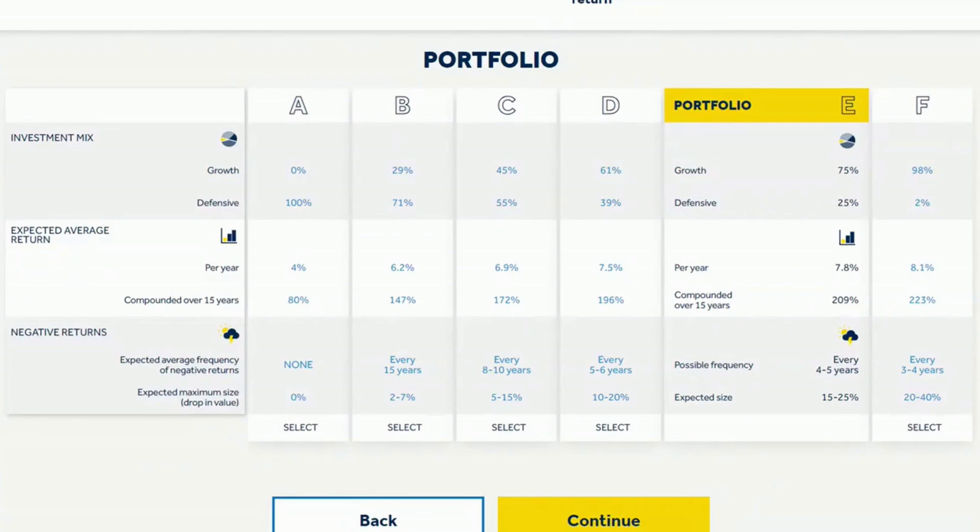Because the other thing we found is, if markets go down, people come back into us and go, oh, look, I told my advisor I didn't want to take that much risk. I don't know why they put me in this portfolio, and they put a complaint in. I mean, it's obvious why they're complaining, because they're not happy that the market's gone down. But the other reason we think it happens is because people haven't really owned the risk profiling process.